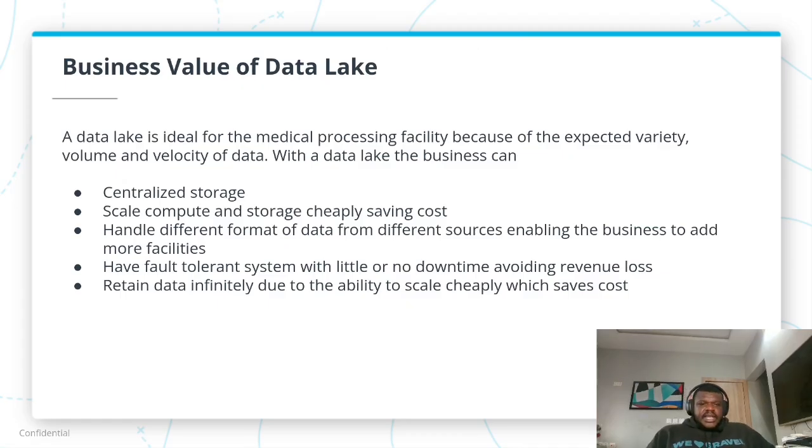So the business value of a data lake, due to the medical facility dealing with high volume, velocity and different variety of data: with a data lake, we have a centralized storage for all the data. There's no need to duplicate the data on different databases. You have a centralized storage where everything is in one place. You can scale cheaply, so if there's an increase in requests, it will be easy for the business to scale cheaply, saving costs. Instead of buying large servers to handle this data,